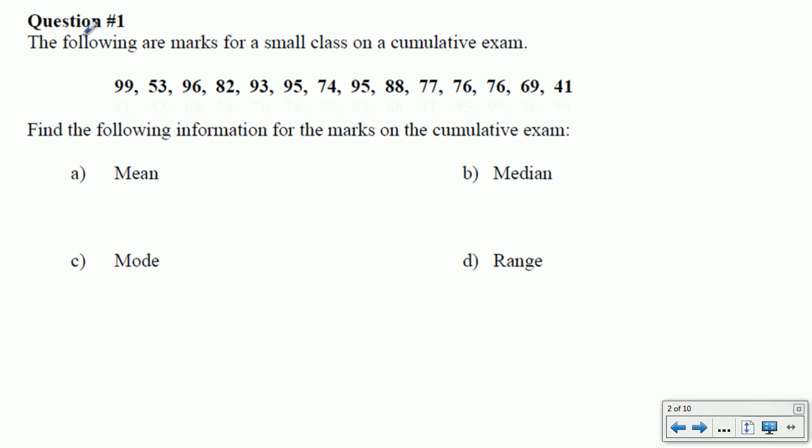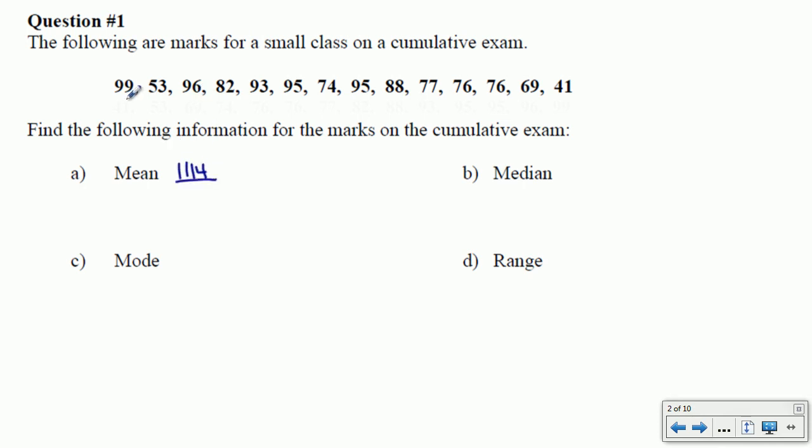So in this first question, the following are marks for a small class on a cumulative exam. We need to find the following information for the marks on the cumulative exam. First off, the mean, what we can do is add up all these numbers. So if we go 99 plus 53 plus 96 and so on, we get a sum total of